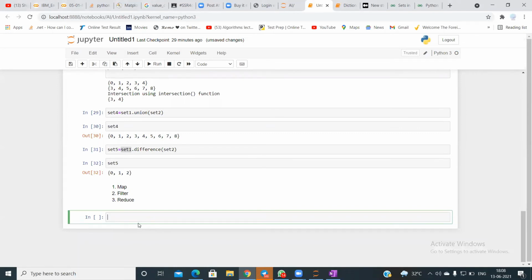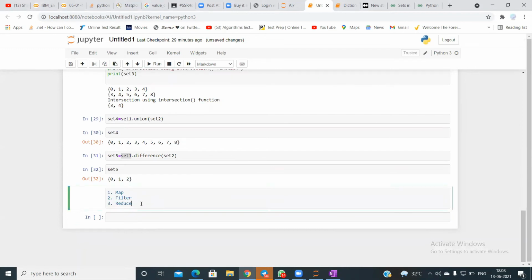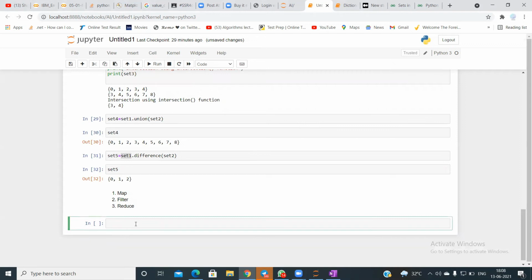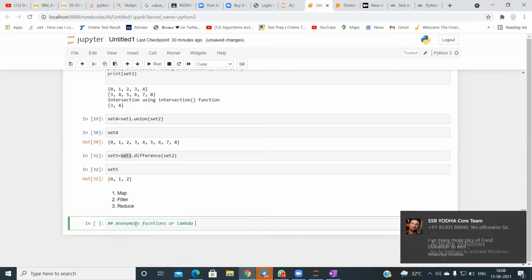So let me say that I have a function cube. Map, filter, and reduce, you use these three with what are called anonymous functions, also called lambda functions.